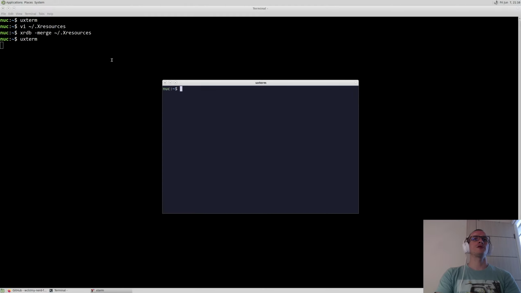Okay, so this is a terminal that is very simple, and it's much easier to customize than the Mate terminal or the XFCE terminal,